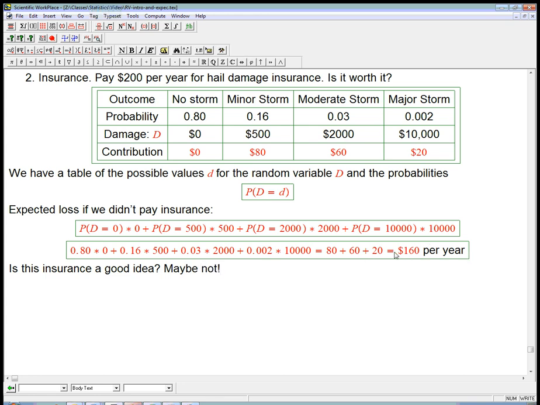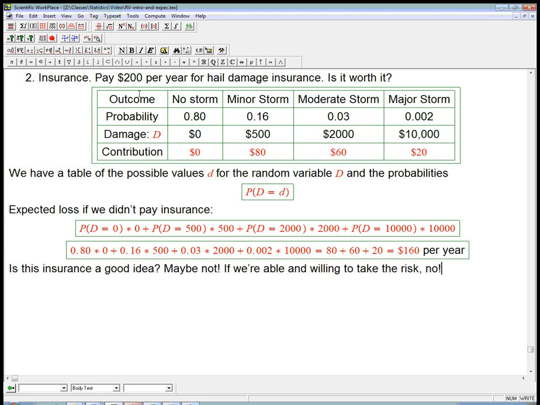Because what we're predicting is over a long, long time, we'd expect to pay $160 per year, and yet they're making us pay $200 per year. This is a very common situation. You might find this a little weird in comparison with the lottery problem. In the lottery problem, we discovered that the amount we paid was not worth the winnings. And here, it seems to be the same situation. If we didn't have the insurance, we'd have to pay $160 per year average, and they're making us pay a flat $200 per year. Well, if we're able and willing to take the risk,